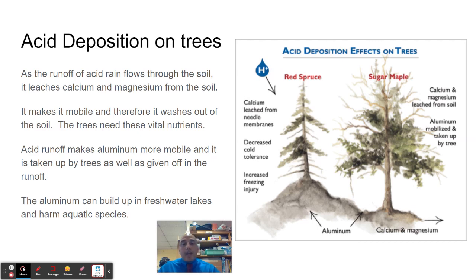Now, the calcium and magnesium, in this diagram, it's showing how it's going off as runoff, it's going into the lakes and streams instead of going up into the tree. That's what leach means. It means to get pulled away. So if the calcium and magnesium is being washed away into a body of water, now the tree's not getting it. So this is what the tree's getting: aluminum, which is a toxin, and it's not getting calcium and magnesium, which are the nutrients that it needs to survive. So therefore, the tree is losing all the way.